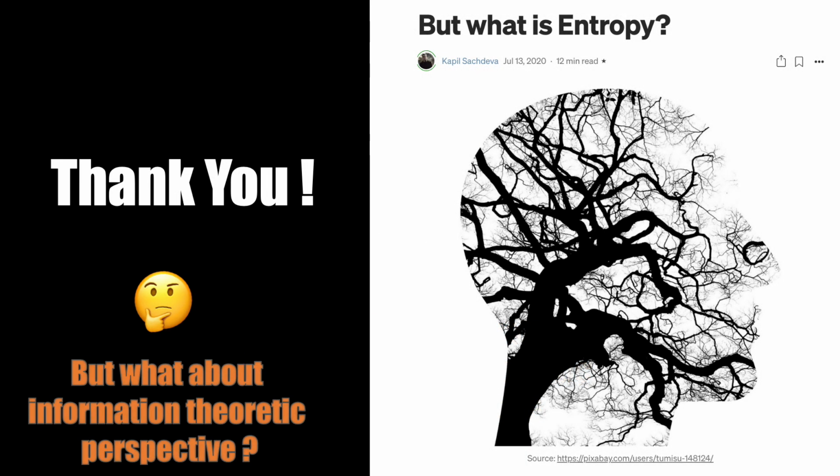I do plan to do some tutorials on that, and then I would provide the information theory view of KL divergence. But if you're curious, you can read it in this article of mine. I'm providing the link to it in the description. The article does provide an in-depth explanation of entropy from a few different perspectives, as well as the notion of relative and cross entropy.